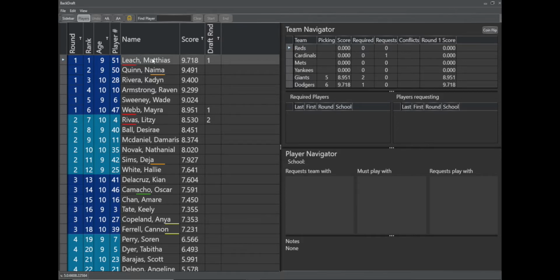We've got the players' randomly assigned names to protect the innocent, and their score, which is just the cumulative score that they received as a result of evaluations. And then there's an indication of the round in which they will be required to be drafted based on certain criteria that we'll delve into in a minute. And that's the players, the ranks, the rounds,